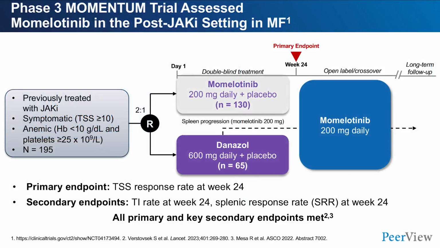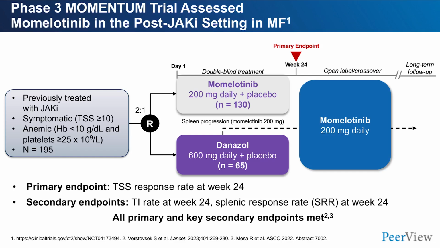Momelotinib has been developed in the phase 3 MOMENTUM study. The phase 3 MOMENTUM study is a randomized study in patients with primary and secondary myelofibrosis with anemia. Patients are required to be symptomatic, to have anemia, and to have a platelet count more than 25,000. These patients receive, 2:1, momelotinib at the dose of 200 milligrams daily, or danazol at the dose of 600